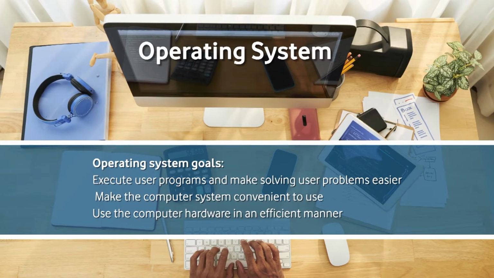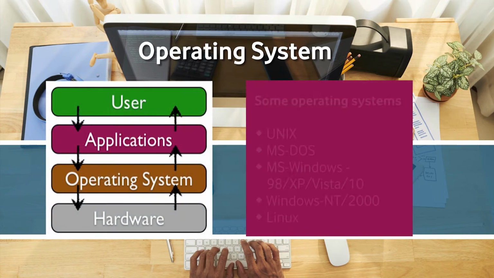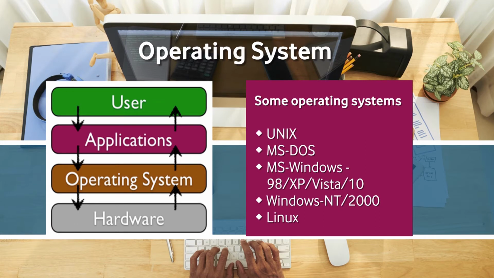We do not have to go into that detail, but we should feel that these things are provided by the operating system. And obviously, one major goal of the operating system is to efficiently utilize the hardware resources of the computer system. In the diagram you can see the user sitting on top, playing with different applications, and the operating system working as an intermediary between the applications and the hardware. Some common examples of operating systems are Unix, MS-DOS, which is almost outdated and not used,